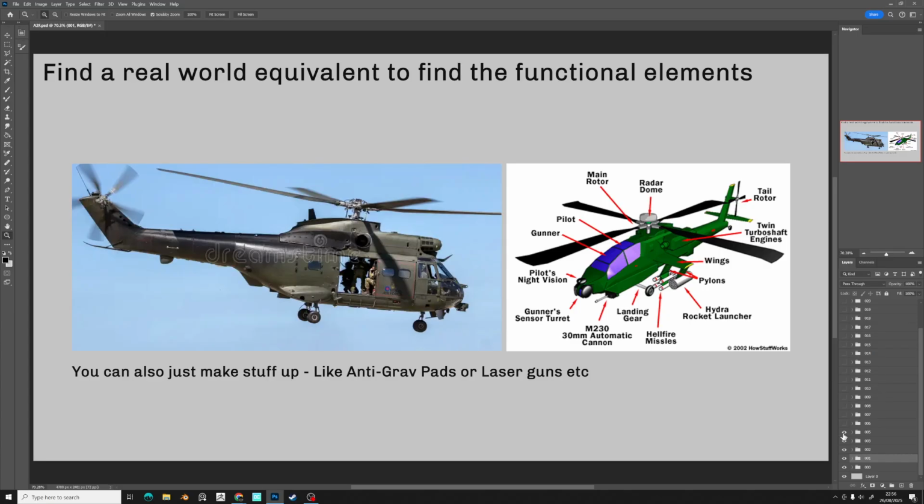It shows me all these things that I might want to include from a functional point of view in my dropship design. And if you're sitting there and you're thinking, well, I want to design something that has no real world equivalent, I would encourage you to be a little bit out there when you're thinking about stuff. I've had people ask me, okay, well, how do I find a real world equivalent for my spaceship? Well, number one, we do have things that are similar to spaceships, like the actual spaceships that we have